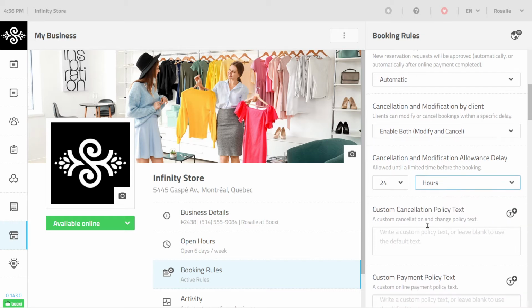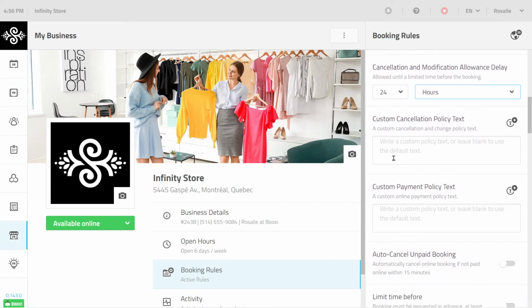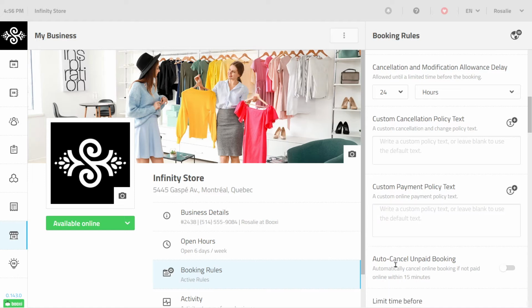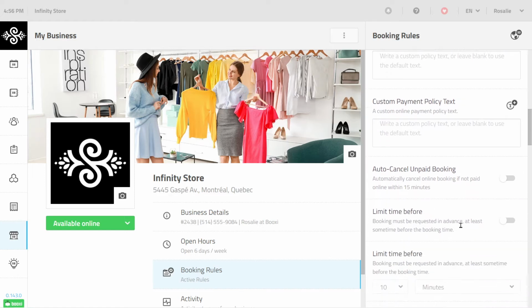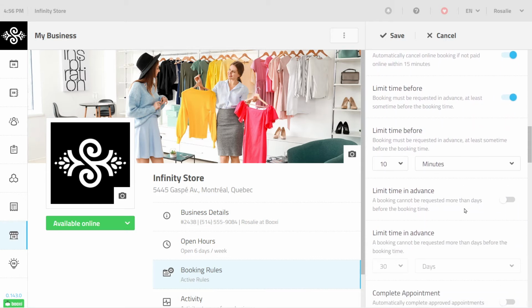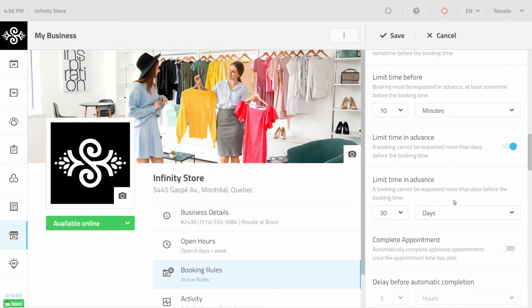You can customize the cancellation and payment policy text displayed at online booking. If you don't, Booxi will provide one by default. When enabled, this option will automatically cancel any unpaid booking whenever a payment was requested at online booking and not completed within 15 minutes. The limit of time before allows you to control last-minute bookings, and the limit of time in advance avoids you having appointments booked too far ahead, just in case you have limited visibility on your upcoming